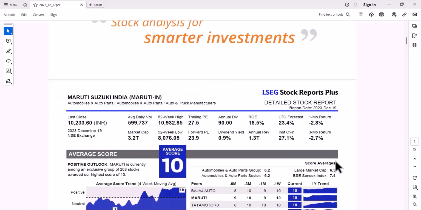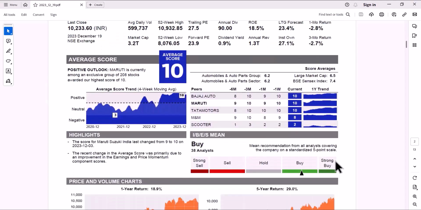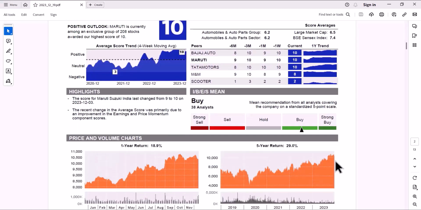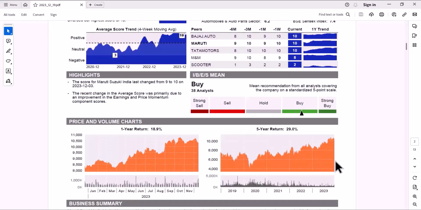I just wanted to show you that, of course, the stock is in a very bullish mode. If you see the return of Maruti in the last 1 year, it's about 18.9%. This is just a month-old chart, and after that there has been some correction. And over 5 years, the return has been around 29%. Not per annum, for 5 years you have got an absolute return. The stock was lying low. If you can see the chart, it was not moving up so much. It has moved up, but close to about 30% return in the last 5 years, so almost 5 to 6% on average per annum.